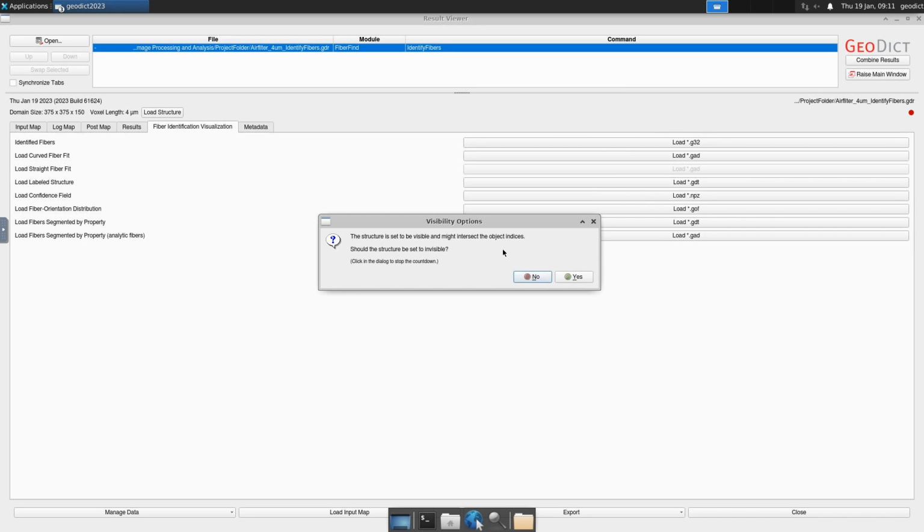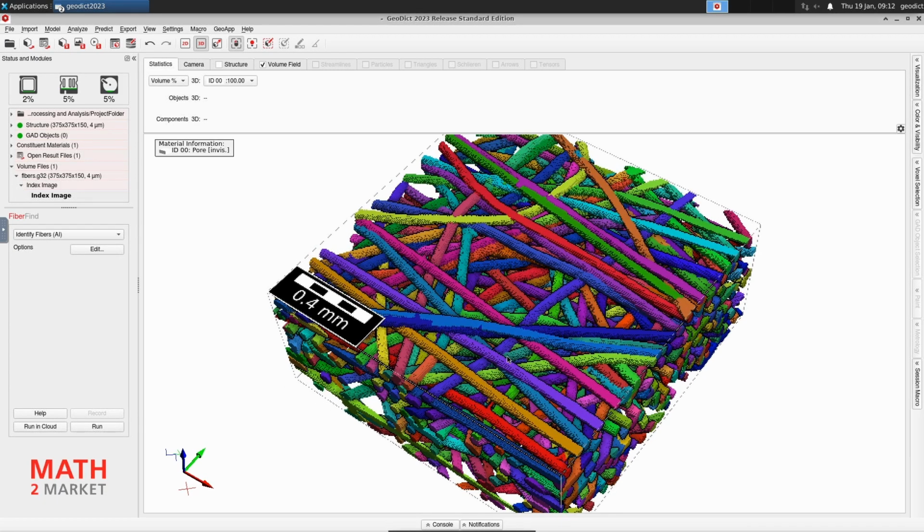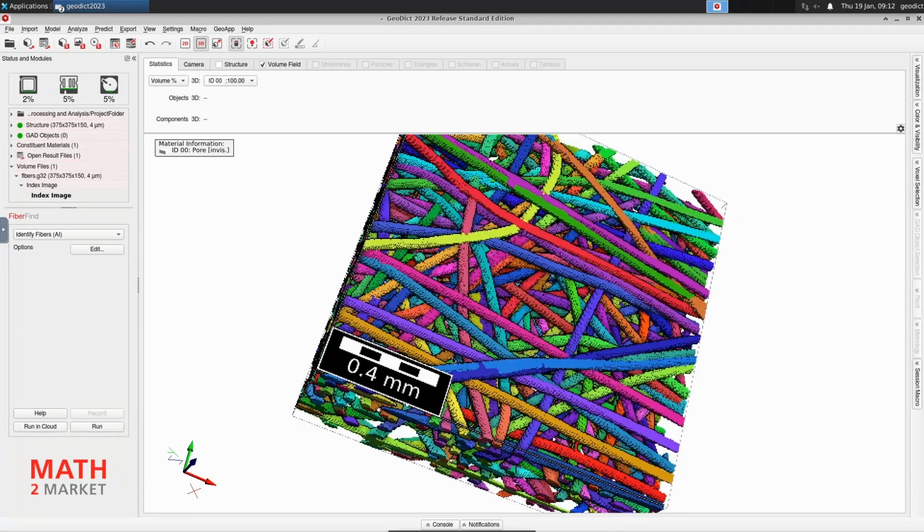Then there is a pop-up that asks you if you want to set the structure to invisible. That makes sense, so click on yes. So now you see the labeled fibers, and I think it looks already quite nice. You get all fibers colored in different colors, but there might be some cases where fibers are not separated properly, but as far as I see, this looks very, very nice in here.